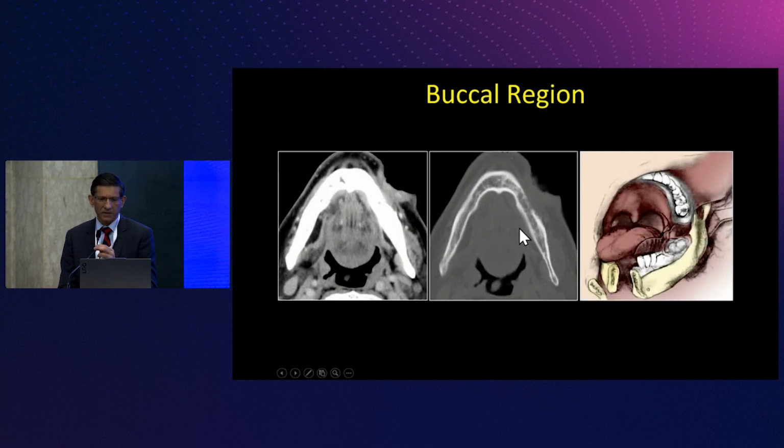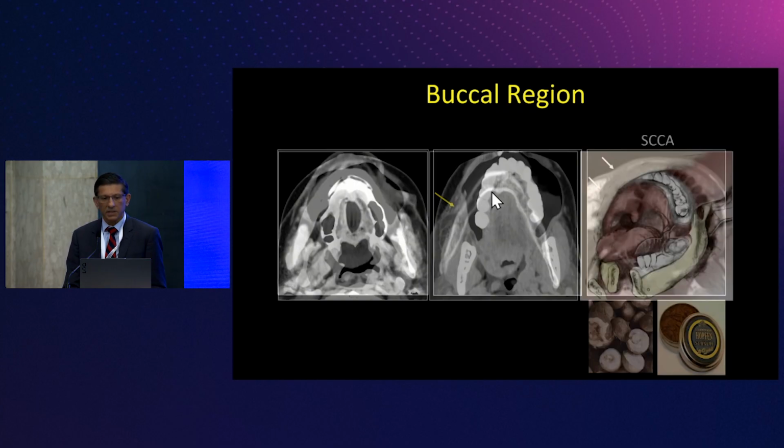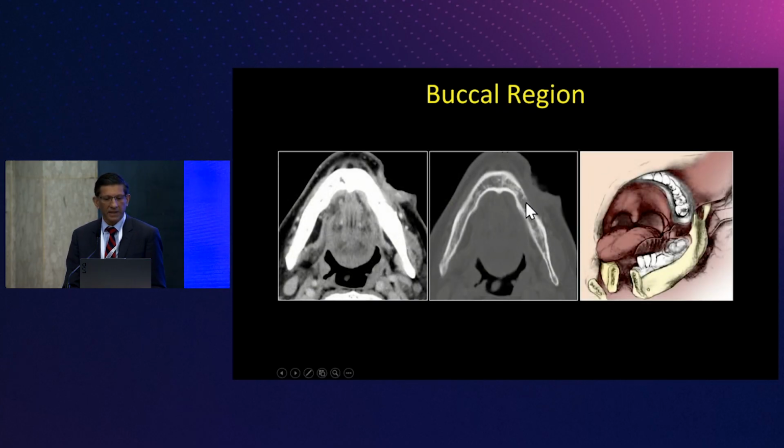So why is that actually important? The reason that's important is that if there is a low volume lesion that's just involved in the lip, the surgeons can do a wide local excision. But on the other hand, if there is a lesion that's involving the gingivobuccal sulcus, and it's arising from the buccal cortex of the mandible, and there's bone erosion, then these patients are going to have part of their mandible resected, and that's called a segmental mandibulectomy.